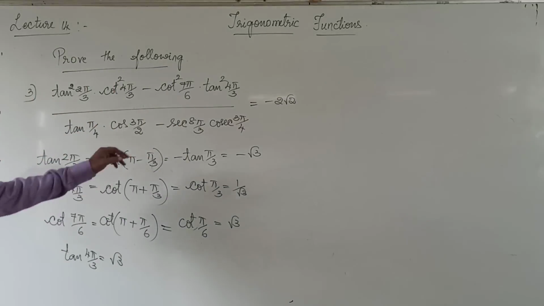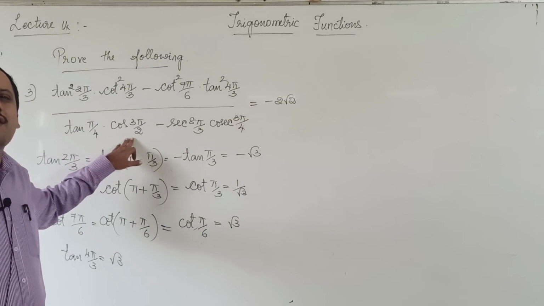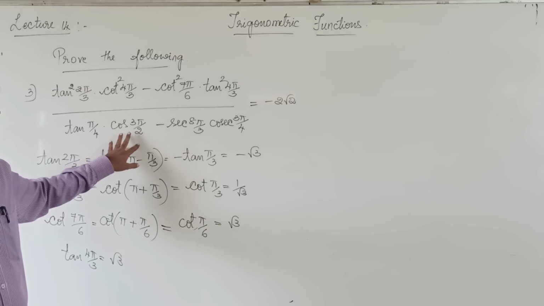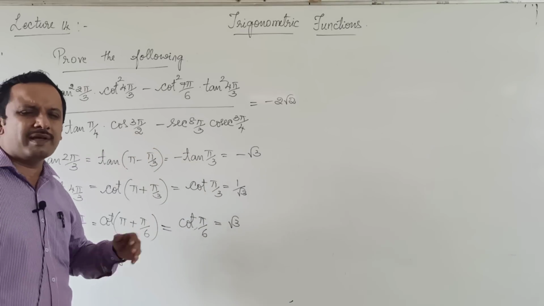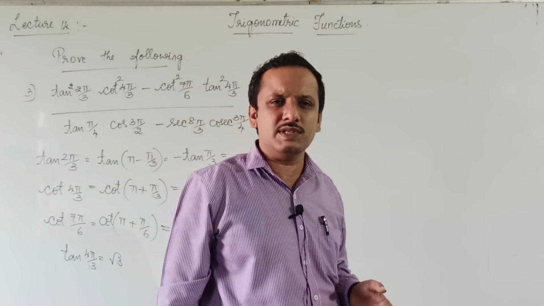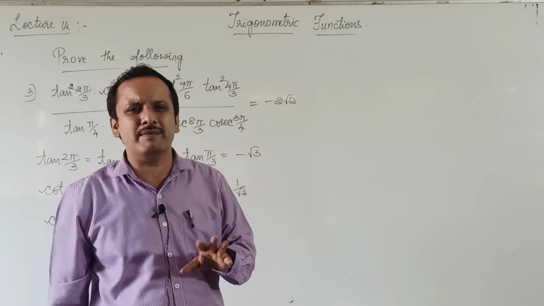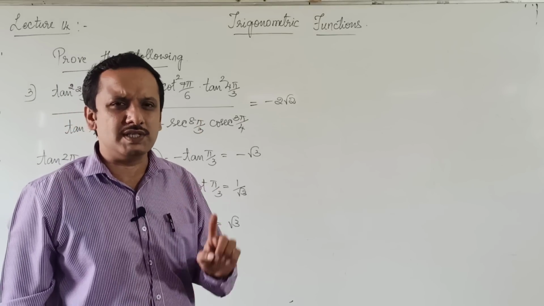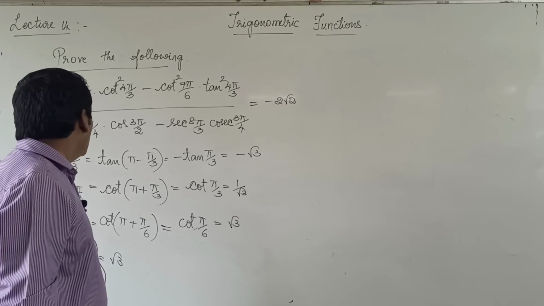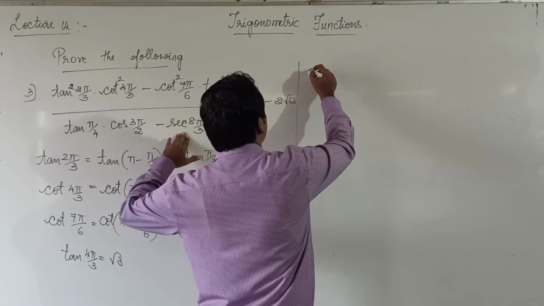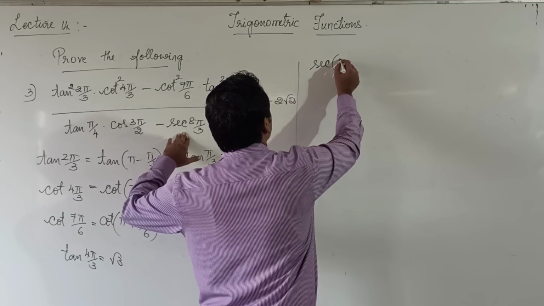And then 3 pi by 2. Cos of an odd multiple of pi by 2, this value is equal to 0. Very well known to you. Cos pi by 2, 3 pi by 2, 5 pi by 2, 7 pi by 2, etc. are all equal to 0. Cos of any odd multiple of pi by 2 is equal to 0. Okay. Then I will directly find out what secant 8 pi by 3 is.